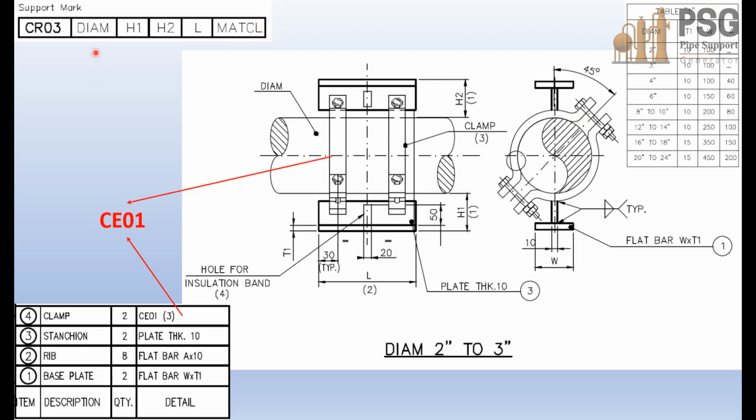So from here, if you get the main pipe diameter, you will get the other dimensions for T1, W, and A. Okay, and as you can see here from this clip, which is included in this support mark, which is CE01, in the bill of material, this term, which is term number 4, indicates the clip included in this support, which is CE01. That means we will need to go to another spec or another support group to get the dimensions of this clip. Okay, now